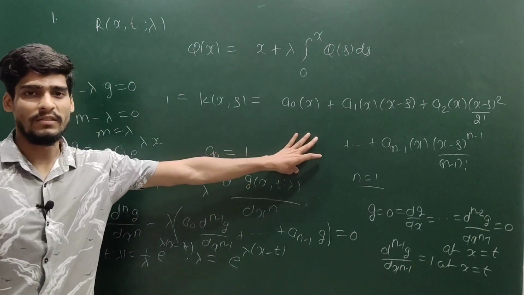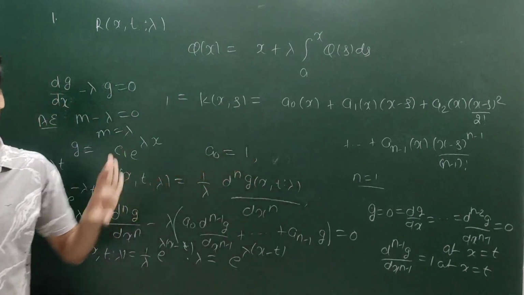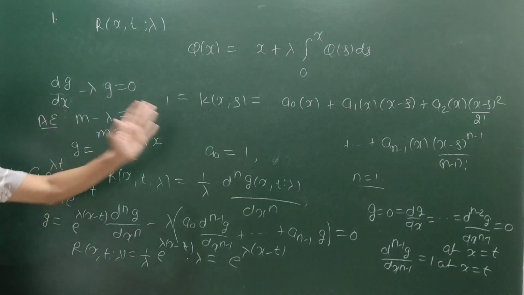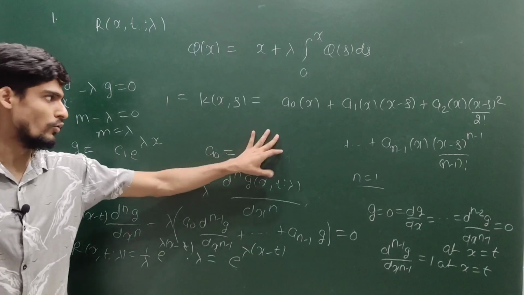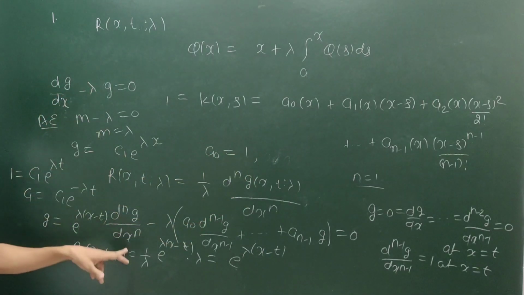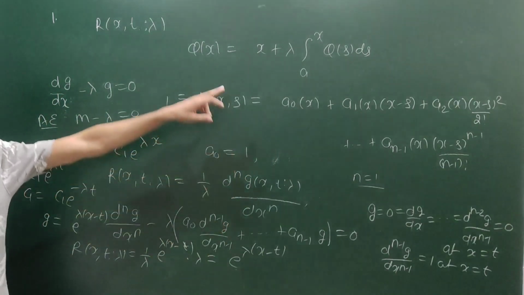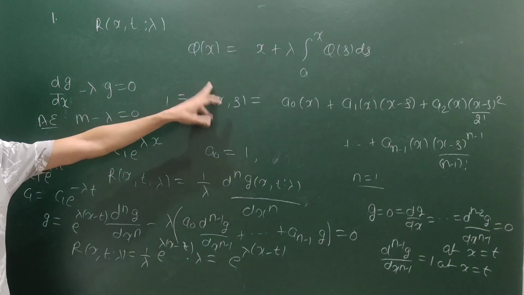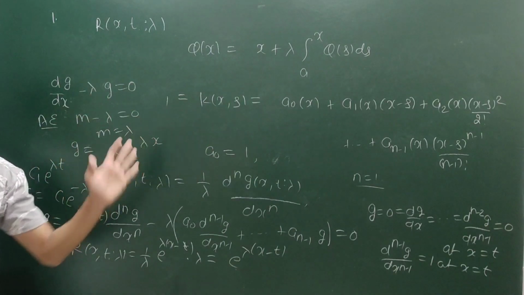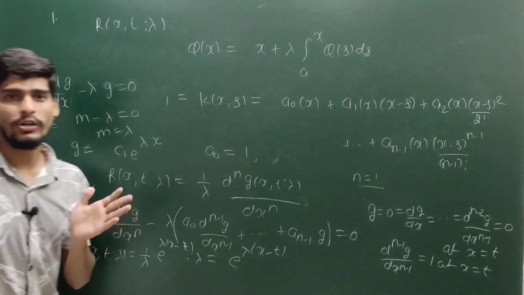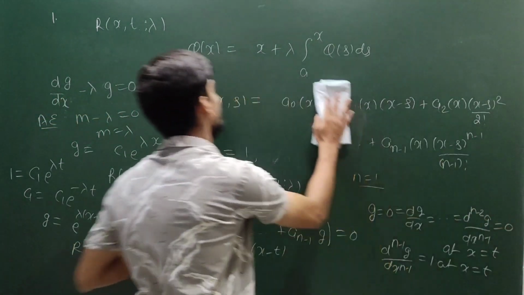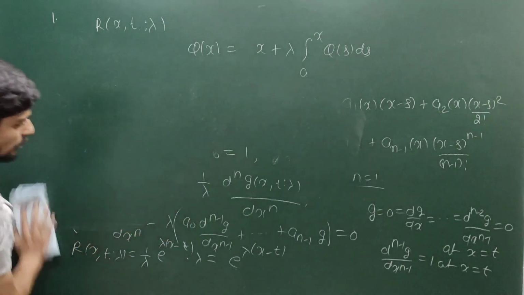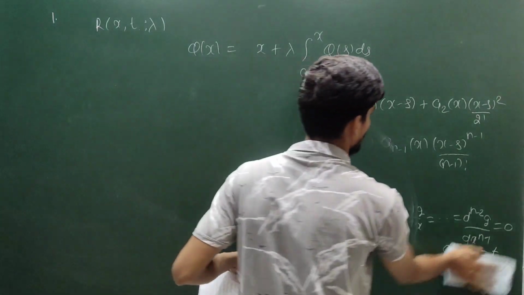If you are comfortable with this method, then this method is easier. But if you go with the iterative method, it will take time, because if you are aware of this method, you will just write these 3 or 4 lines. But in the iterative method, you have to compute k1, k2, k3, and you have to guess what your kn is. So it will take time. But let me give you a brief idea for the iterative method also. If you are not aware of this, you can do it with that method also.